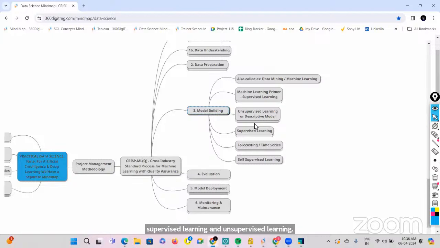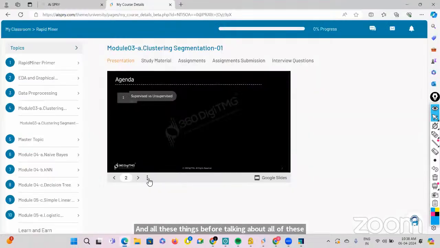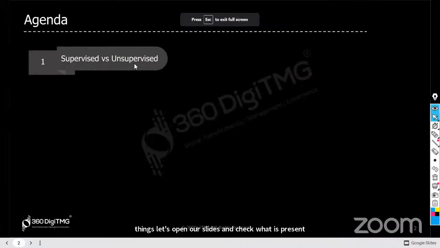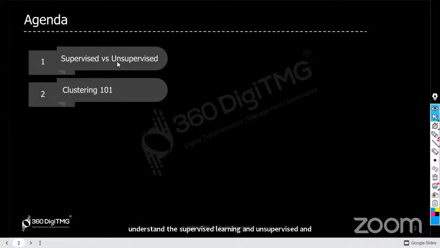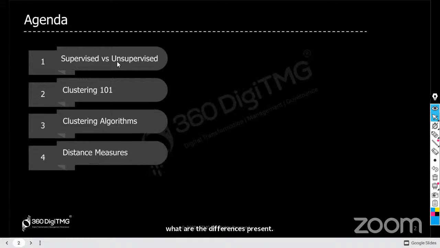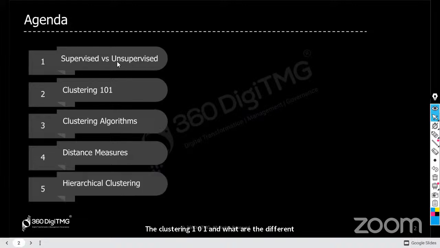Before talking about clustering and segmentation, we will understand these namings. Okay, and we have self-supervised learning, forecasting, and all these things. Before talking about all of these things, let's open our slides and check what is present in this particular agenda. We will talk about clustering or segmentation. Before directly moving on to clustering, we will understand supervised and unsupervised learning and what the differences are. And clustering 101, and what are the different algorithms present in clustering, and the distance measures,